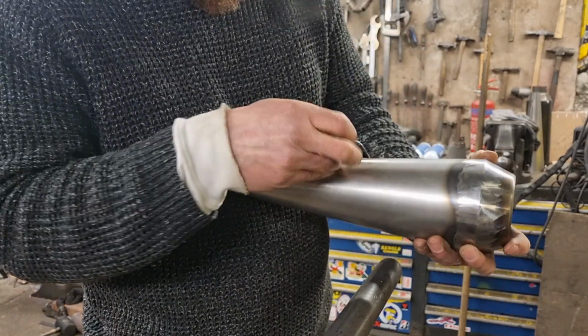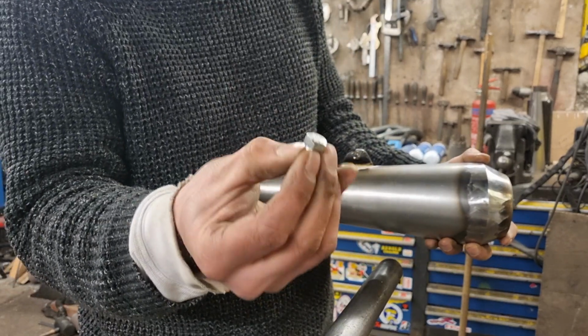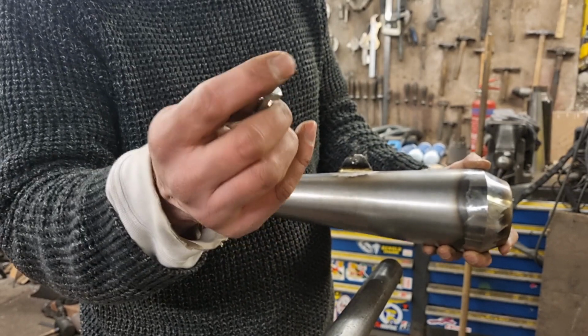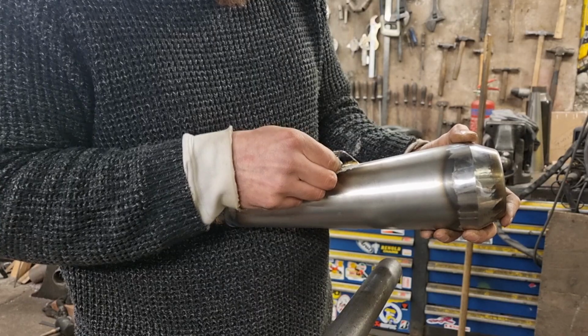Or not to get rid of it, just so there's a bit of clearance so that the bolt will flick in that hole. But what I'm going to do instead is swap them for Allen heads. And then I think with an Allen head, it'll be domed on the top. There might be a little bit more room, I can squeeze that in. I'm going to have a go at that